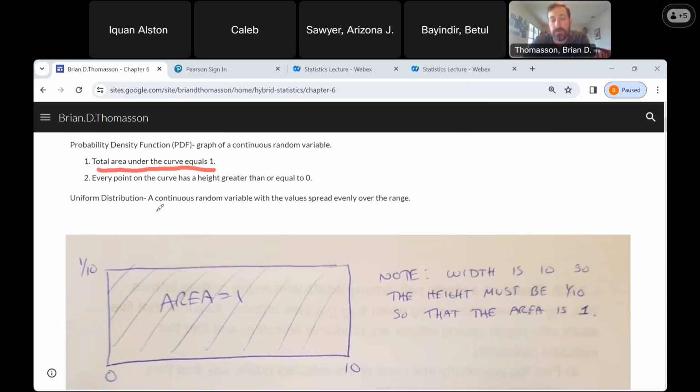So let's talk about this uniform distribution, kind of explain what this is, how it works, and so forth. This is a continuous random variable, and the values are spread out equally over the range. So in this case, we have a range from 0 to 10. Every value between 0 and 10 is equally likely to occur. It doesn't have to be 0 or 1 or 2. Any value there, whether it's 2.765 or 3.58624, every value in there is equally likely to occur. Okay. So what we do is we find a range of values, and figure out